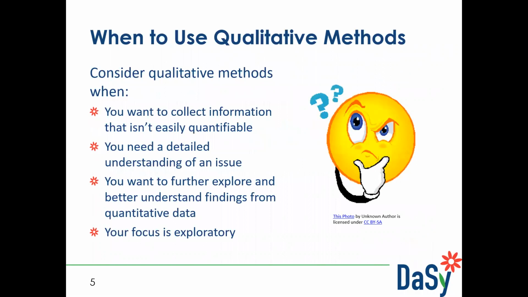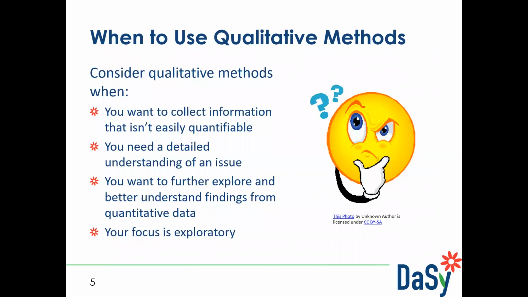So thinking about when you might consider using qualitative methods, well, first, when you want to collect information that isn't easily quantifiable. A great time to use qualitative methods is when you need a detailed understanding of an issue. For an example, if your state was struggling with a policy issue, you might consider conducting interviews with people who are knowledgeable about how that policy came about and ask them questions. You know, what was the political and legislative context